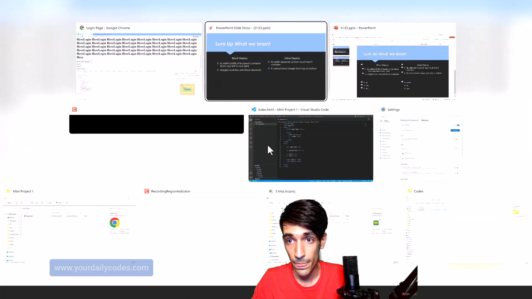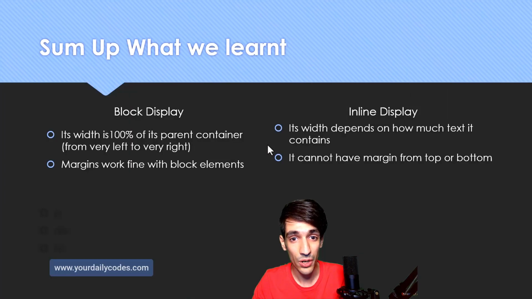But when I use margin top instead of margin left, you can see the margin top did not apply. I remember once one of my friends was working with CSS and he was very mad, shouting, I hate CSS, I hate CSS. I took a look at what the problem was, and he said, look at this, I said margin top 10 pixel and it does nothing.